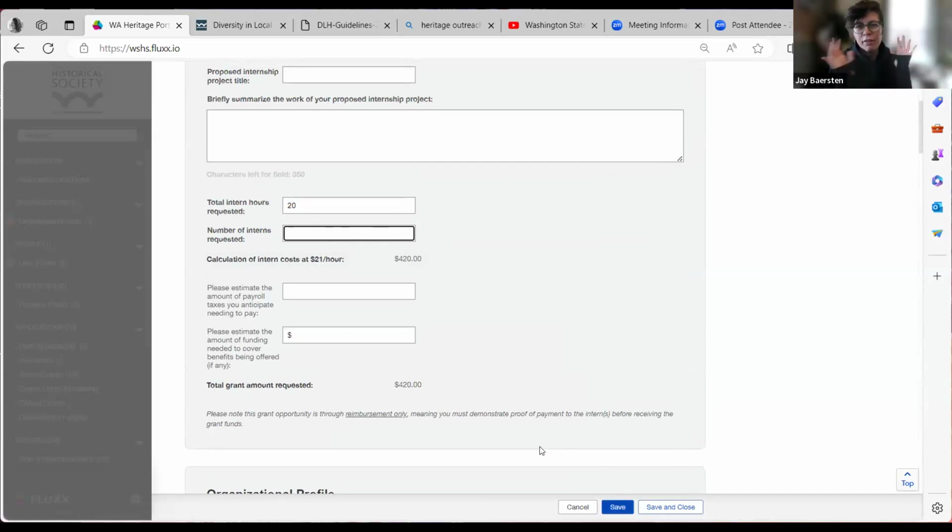So if you're entering numbers and things aren't looking right, just save or save and close and then let it refresh and it should calculate. You might have to try that twice, but it should get there eventually. Thanks, Jay. Yes.